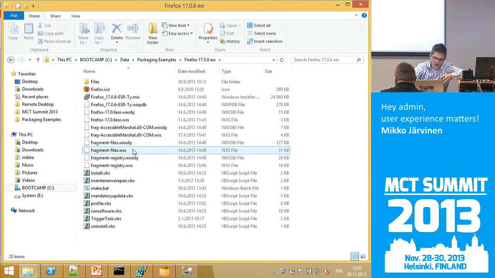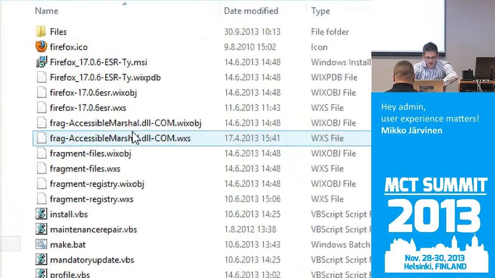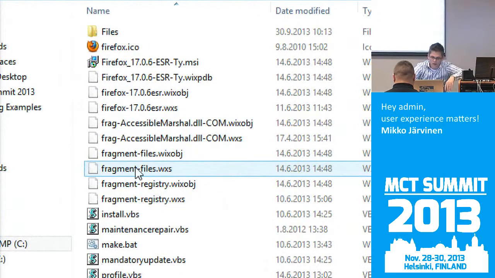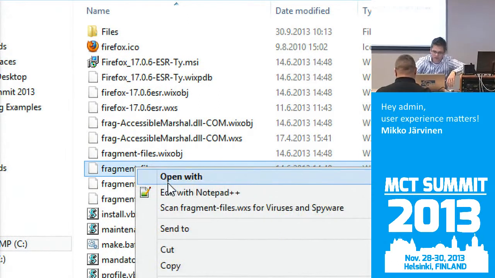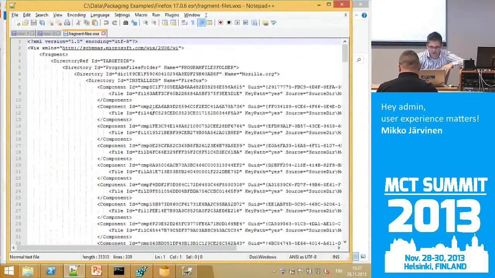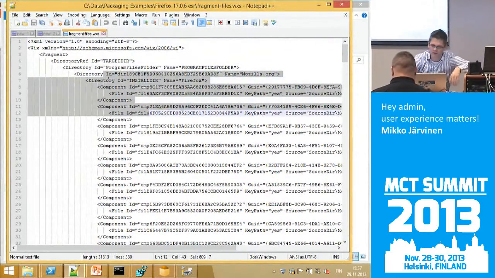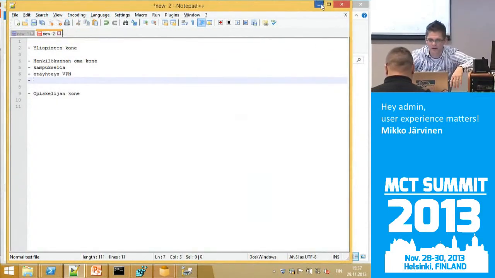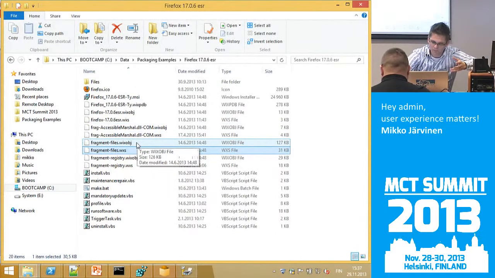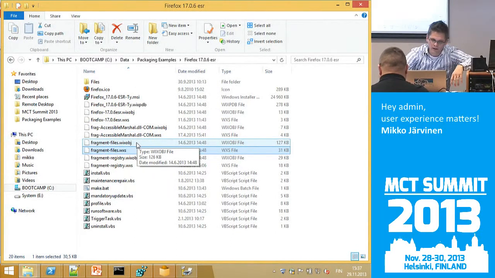But this is how we have done it. We have decided to make our own MSI package from the Firefox. And we have here the Wix toolset files that we use. These are XML files, and we define these components and how the files and registry settings should end up in the MSI file.